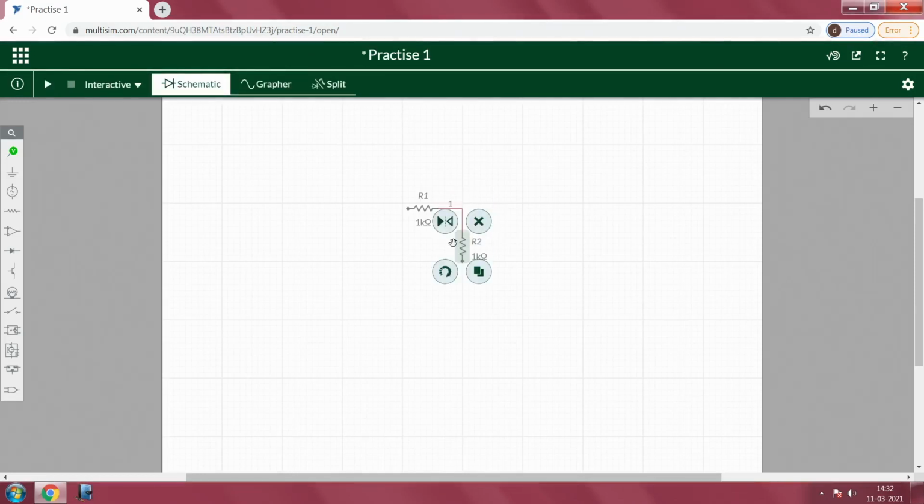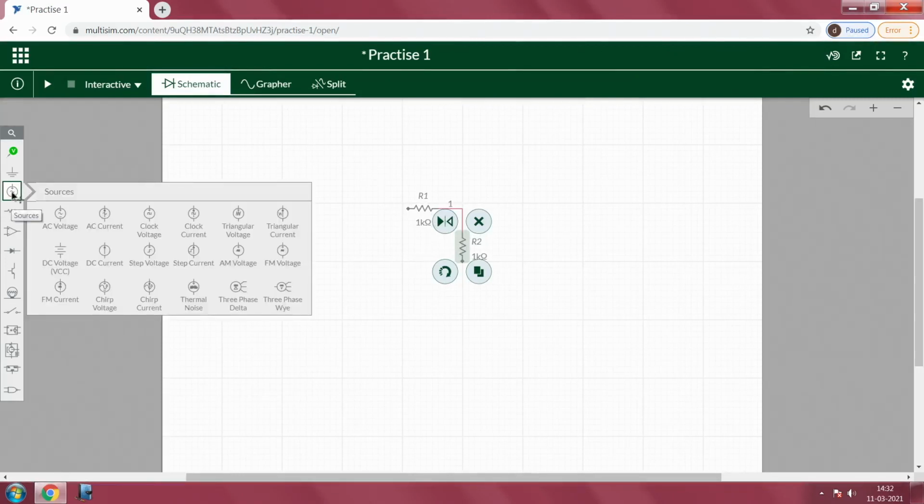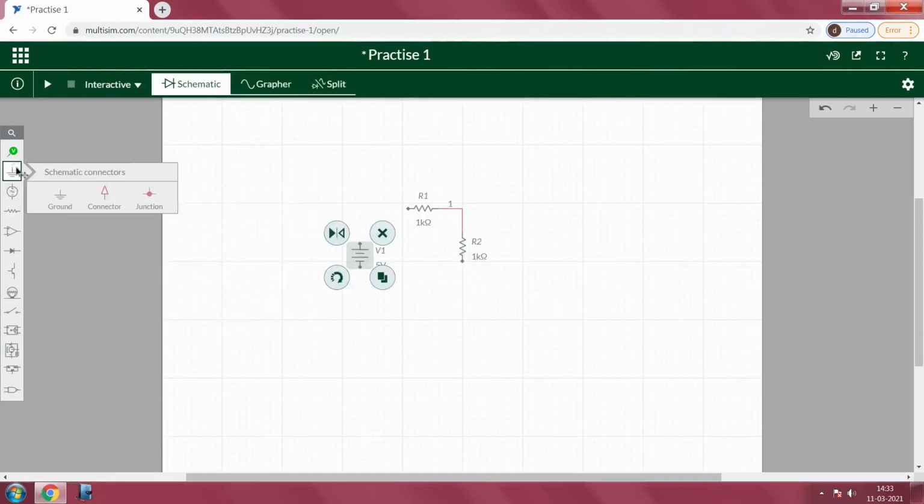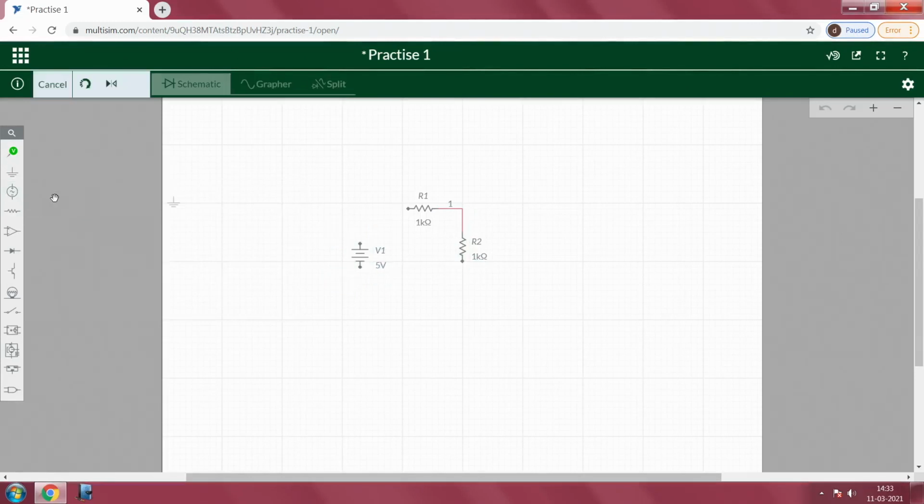So, in order to understand the working of it, after placing the component, the wiring has to be done. Along with these two components, we also have to place a DC voltage source as well as ground. So, I will simply take DC voltage, which is available in the sources palette, then ground, available in the schematic connectors, second palette, just placing it.